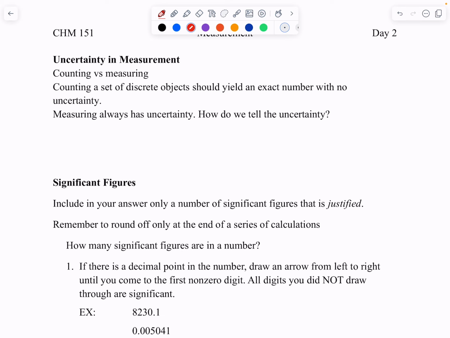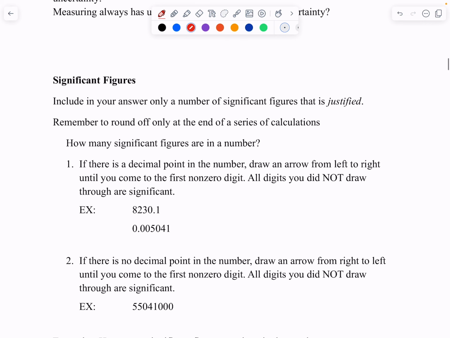Now, when you're measuring, you only include in your measurements justified sig figs. How precise did you measure? That has to be fully known. Otherwise, you're lying to people. We don't want to do that. Here's your weight. Whether you like the number or not, that's what we're talking about.